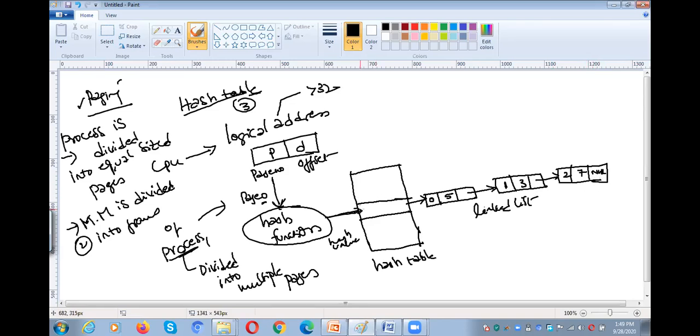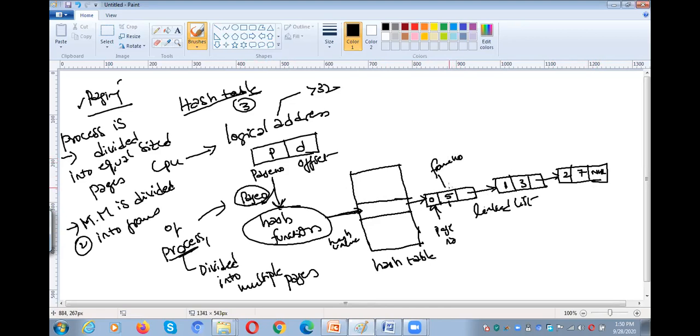Likewise, in the hash table, each and every entry is pointed to a linked list of nodes. For example, now if you are willing to access a page, you need to know where page 0 is available. This is the page number and this is the frame number.